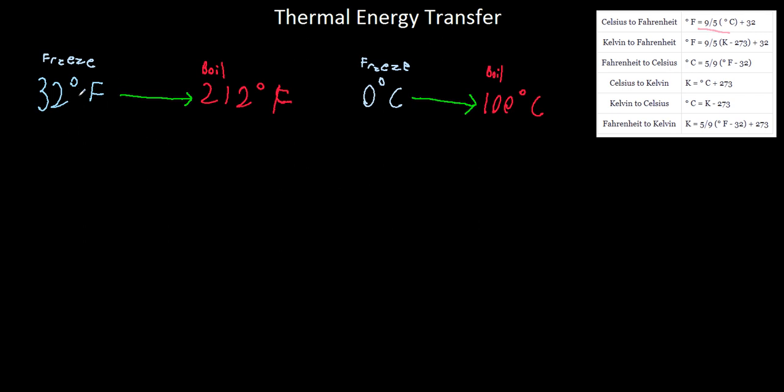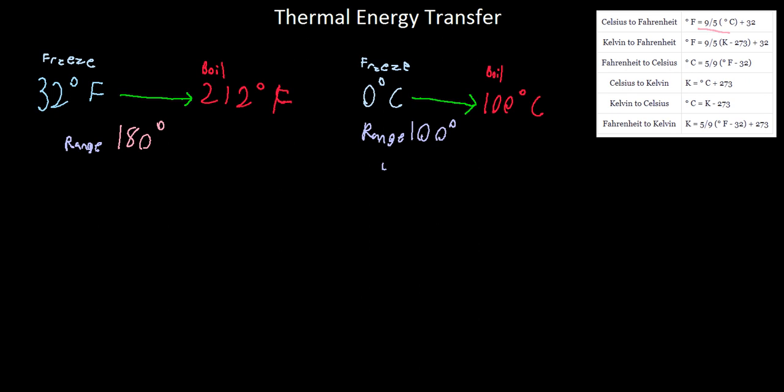To go from 32 degrees Fahrenheit to 212 degrees Fahrenheit, that's freezing to boiling. That is a range of 180 degrees, so it goes 180 degrees upward. Now over here, we go from 0 to 100. Well, that's clearly a range of 100 degrees. So let's go ahead and write range and range. Okay? So with this in mind,